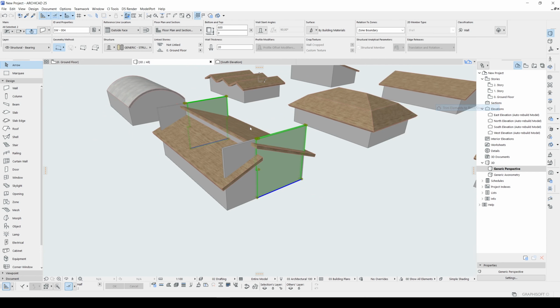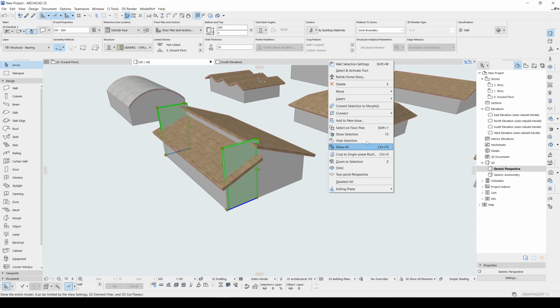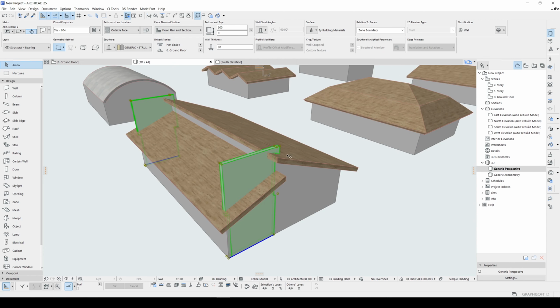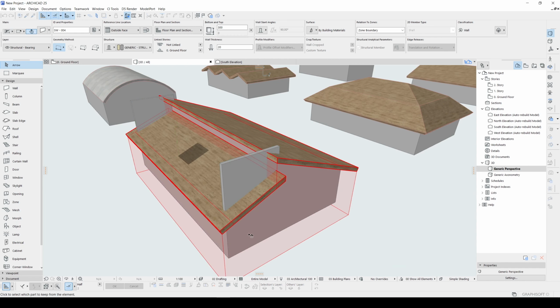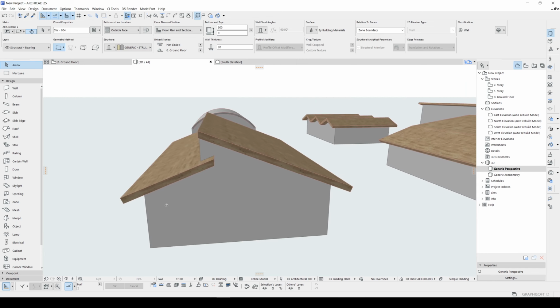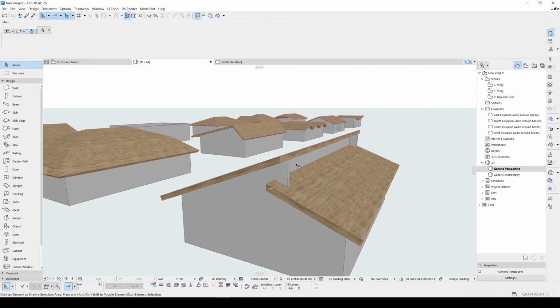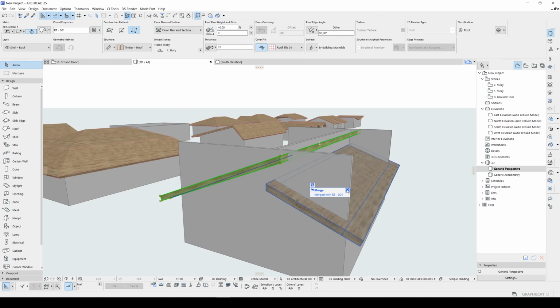First walls will be trimmed and second walls will be trimmed secondly. If this doesn't work, you can use solid element operations.